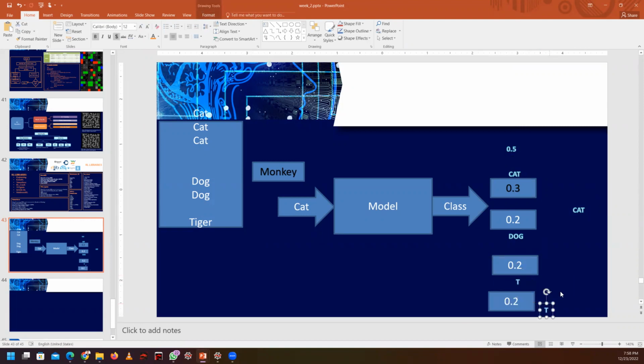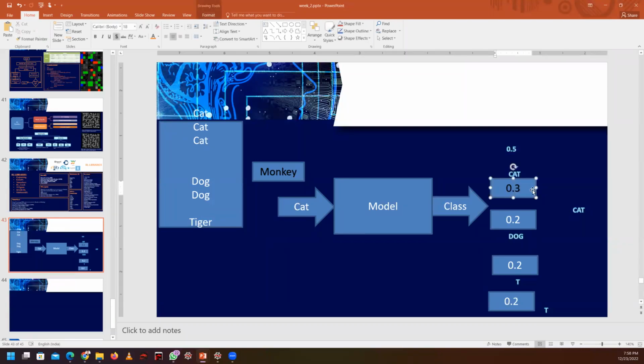Sir, what if all the values are equal? No problem. In most cases, instead of taking one decimal here, we can take up to a few decimals. Like this we have many values, so there is no possibility of getting all the classes equal. If all the classes are equal, what will happen in Python? Again, if you have such doubts, you can go to the basics of Python.